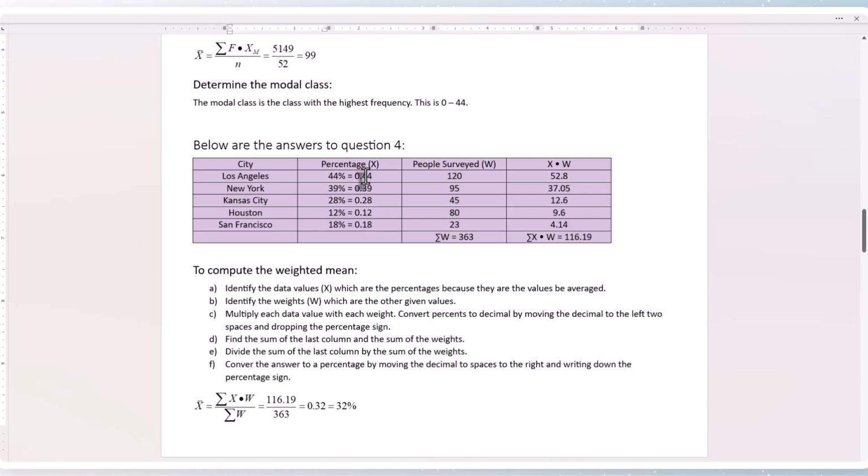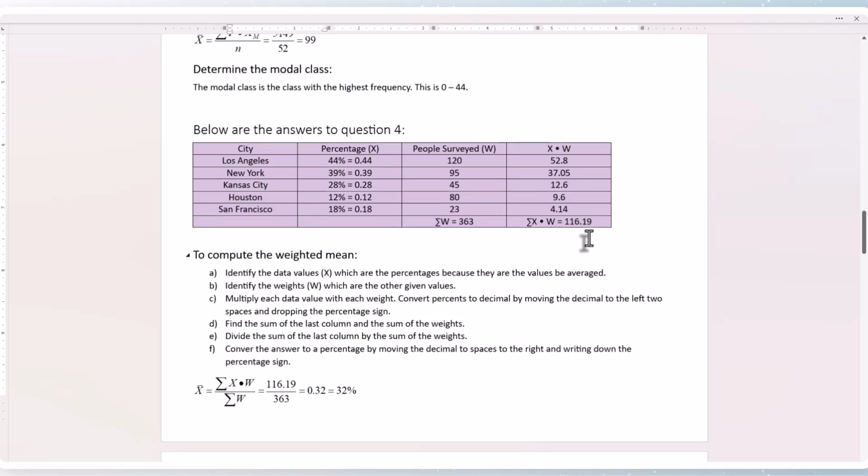We then multiply each decimal form of the percent with the number surveyed to find the values in our last column. So 0.44 times 120, 52.8. 0.39 times 95, 37.05. And then just repeat that process. We next find the sum of the weights, 363, the sum of the products,